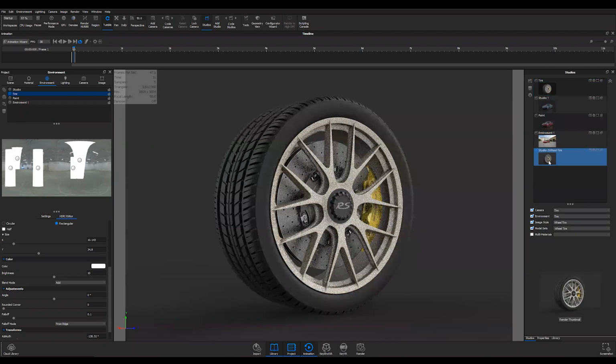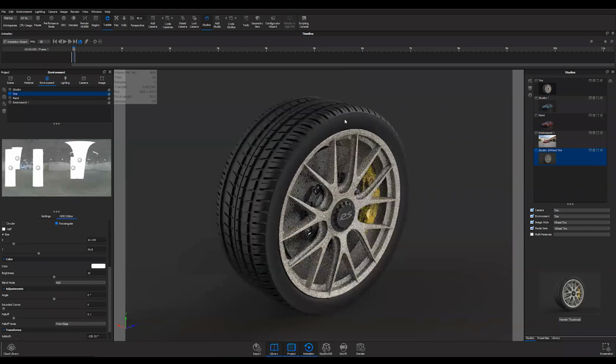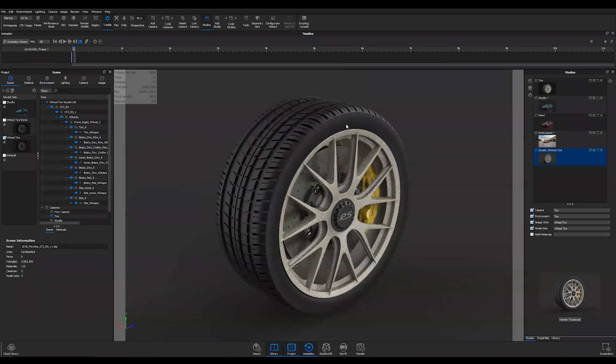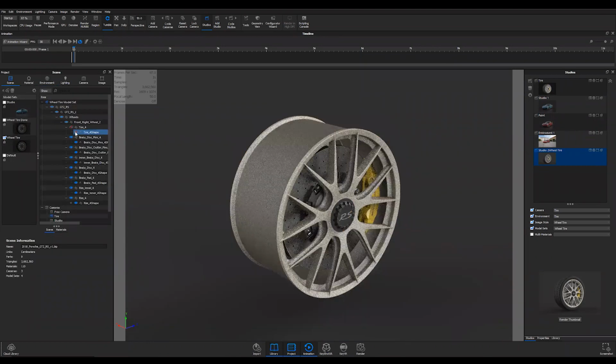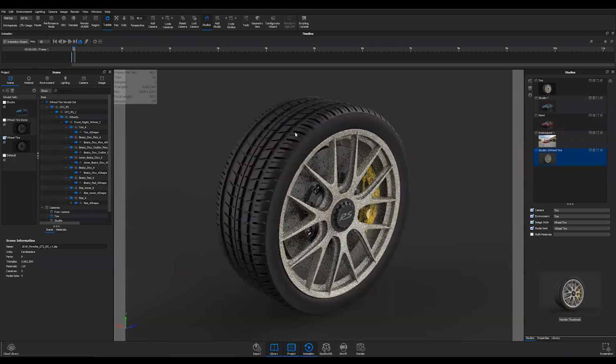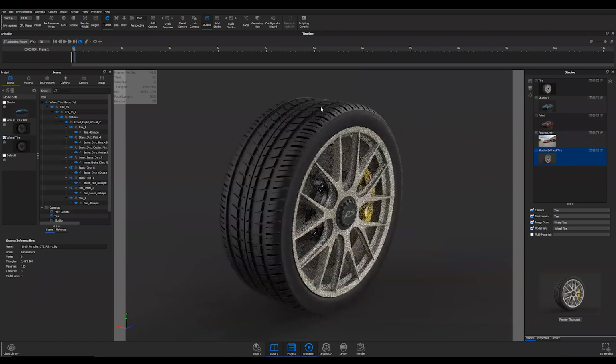we'll just pretend this is the tire that we're doing, and we've just imported it into KeyShot. The very first thing I'll do with the tire is look to see if it's separated. You will see here that when I select on it, the whole tire is one big file, or one big model. So what I like to do is separate this tire up a little bit so I have control over the sidewall, over the tread, and over the